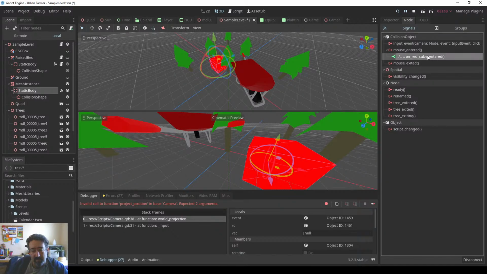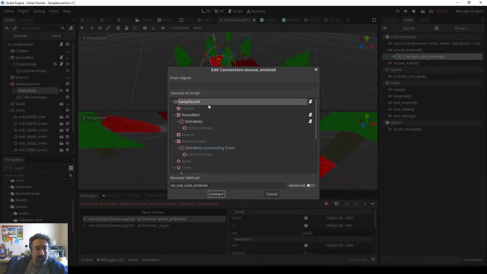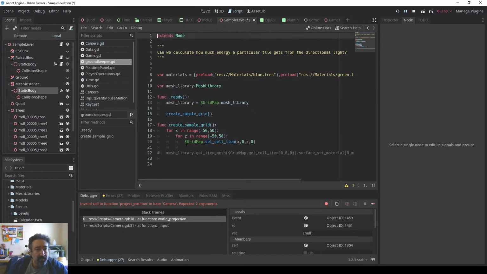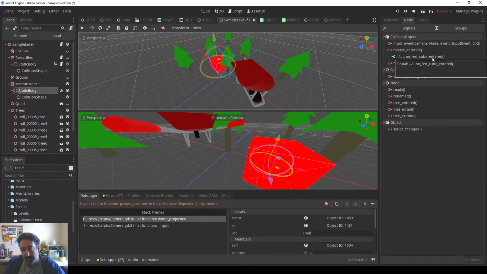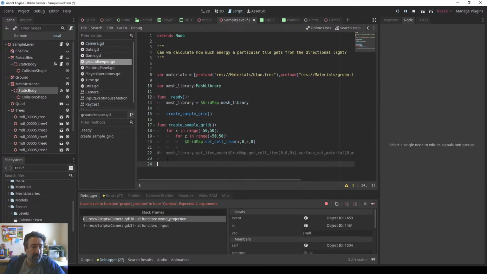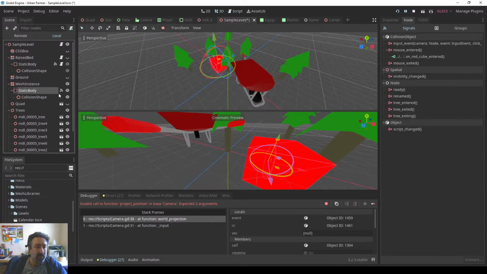I still have the, because this was, there used to be a method here, so let's revive that. It was on red cube enter. What I can't remember is actually